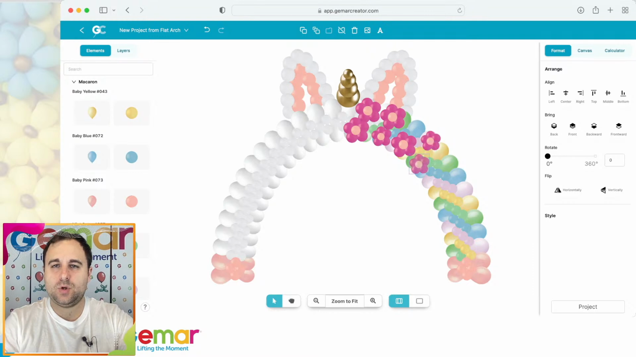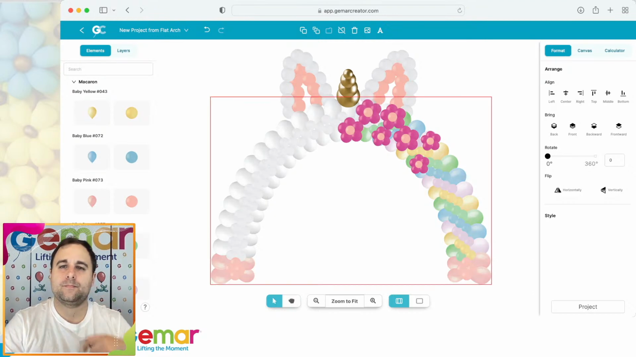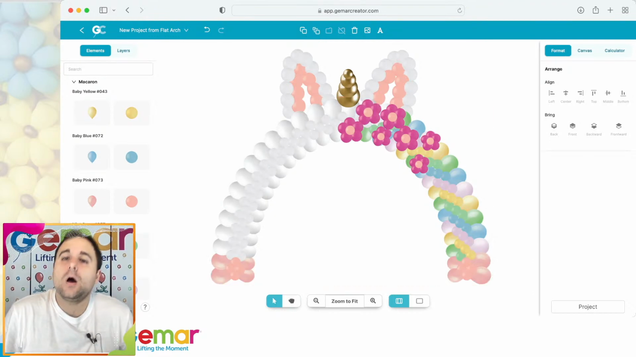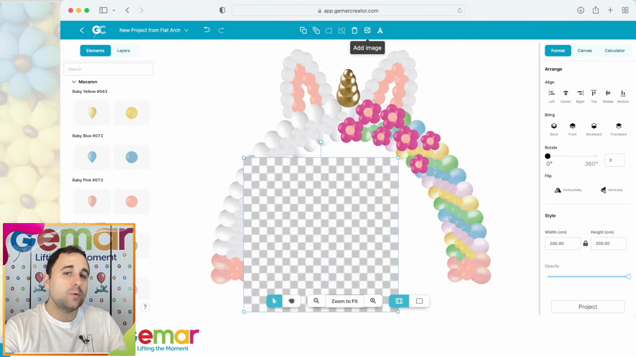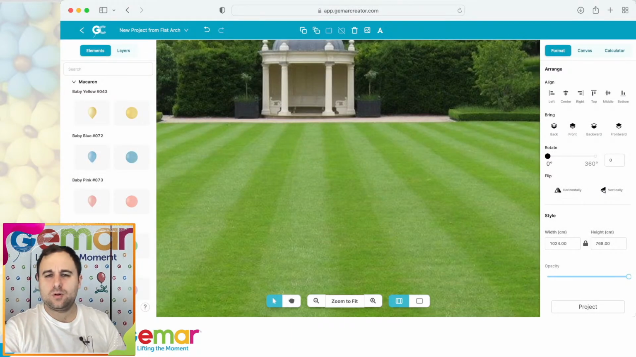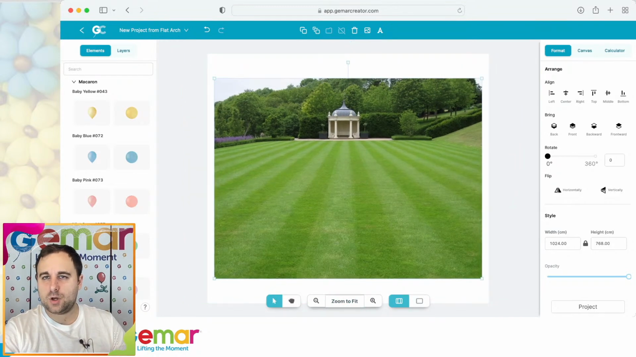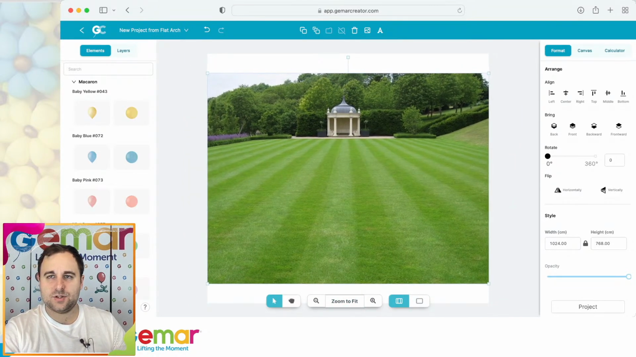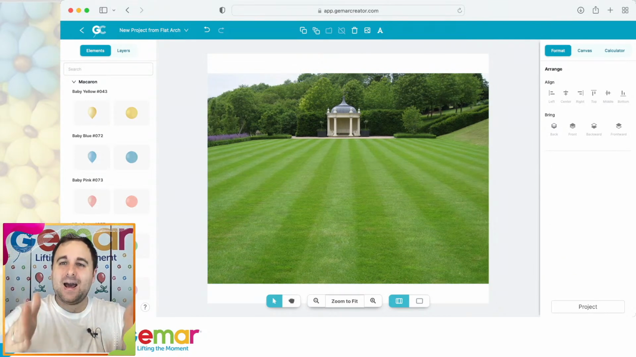Even one more. So we have a unicorn arch. Okay, what we need is a beautiful background. So let's just set the beautiful background. I think it's just a bit too much, I mean too big. So let's just resize it until it meets the side of the